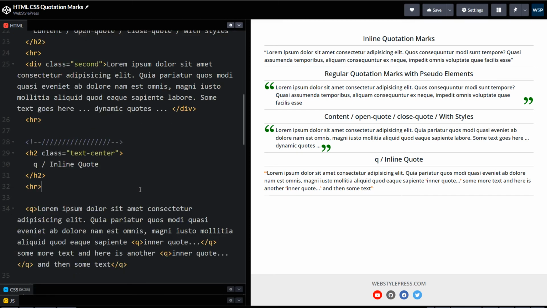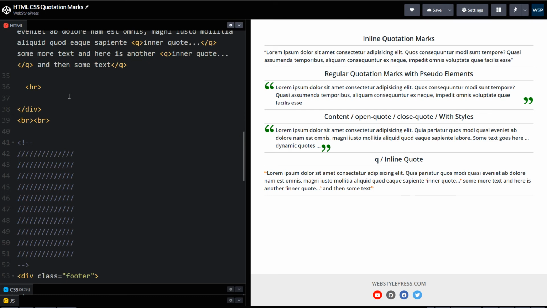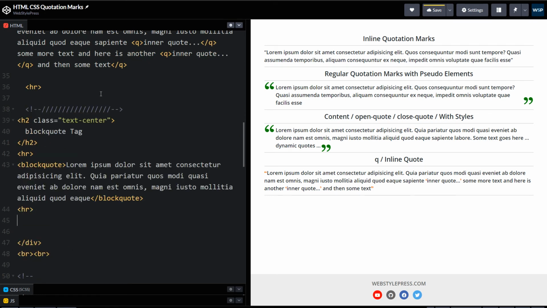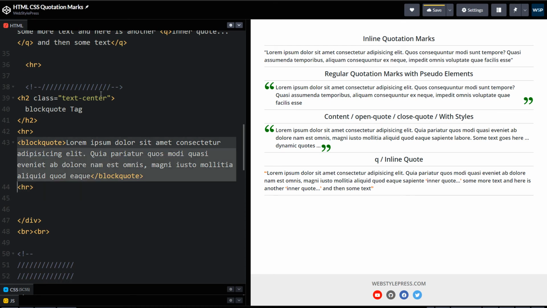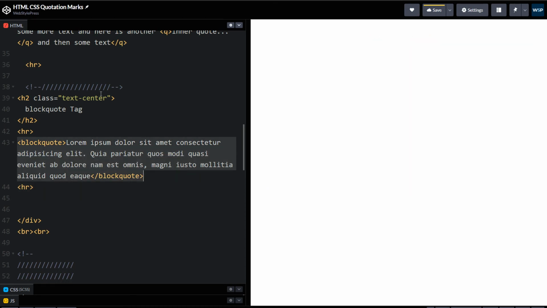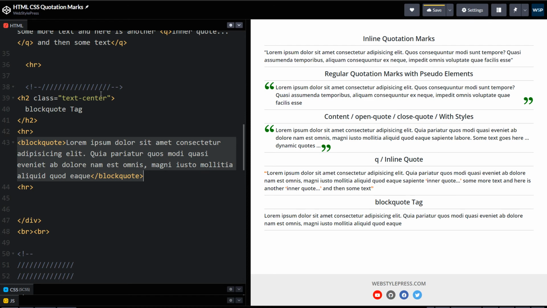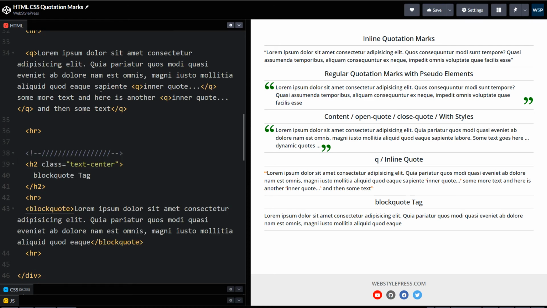Then we have blockquote. Blockquote HTML tag. It's a good tag, but it's a block level element. To add quotation marks for blockquote, we can use the quotes CSS property.